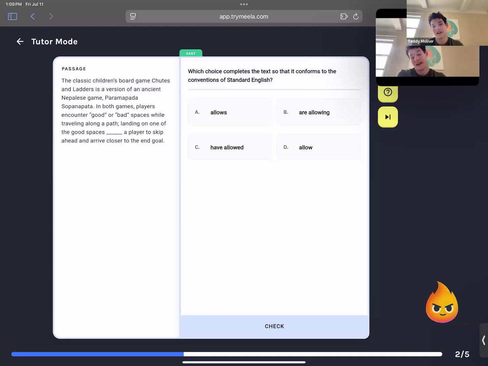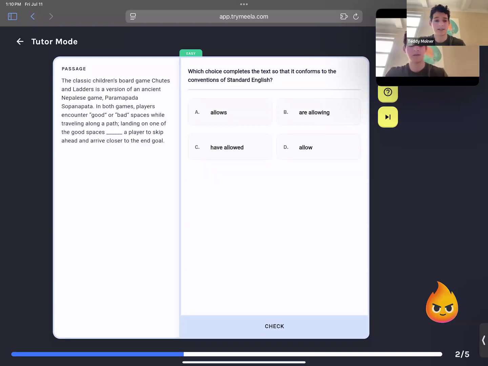Hey, I mean that's a fair strategy. It'll work for a lot of the questions. A is actually the correct answer. And Mark made a mistake that a lot of people are going to make here, because he has the right idea of determining if the subject of the sentence is plural or not, and that determines if you need to add an S at the end. The issue is